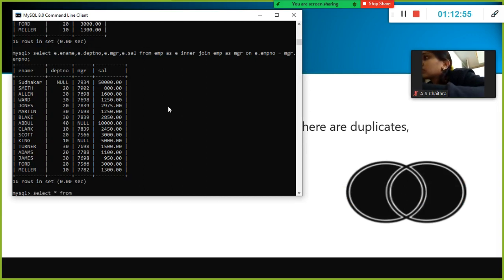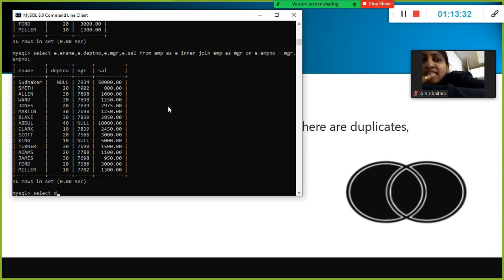Select star from EMP as EMP, and left, union. Instead of union we can use this one. I don't think we have union available.